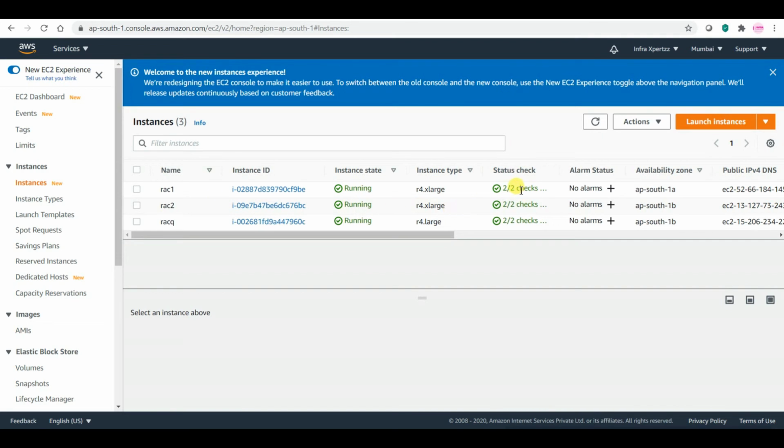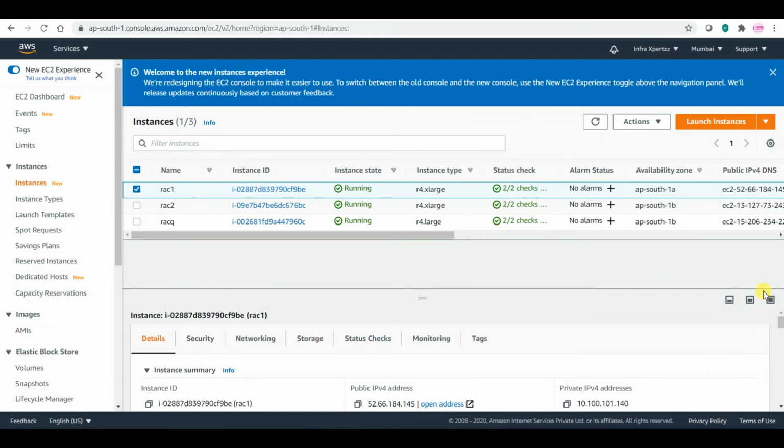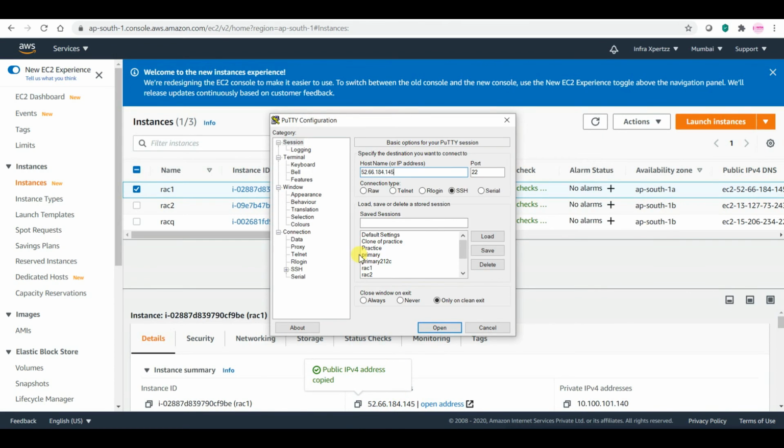So we have the status checks passed. Right now let us log into the instance. Please be sure that your database softwares have not been created till now, and your cluster is also not ready till now.